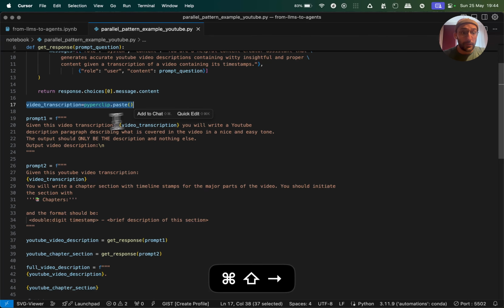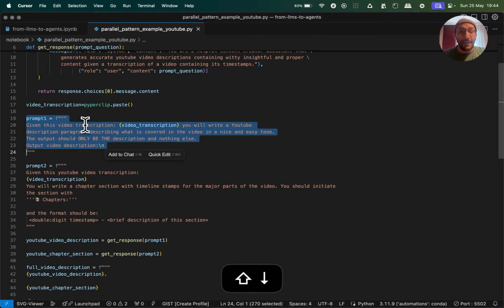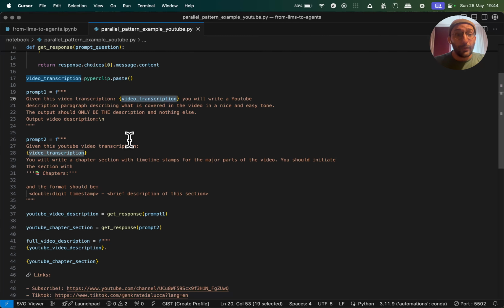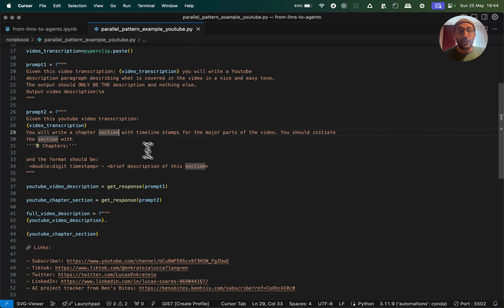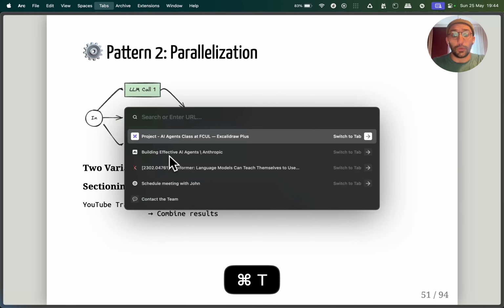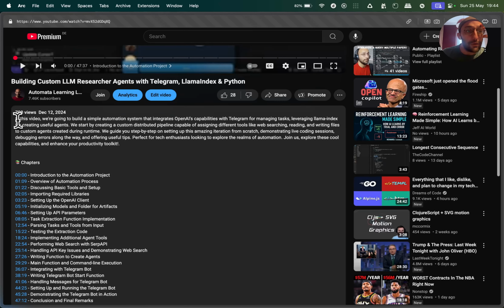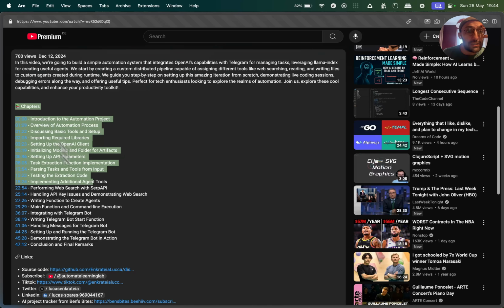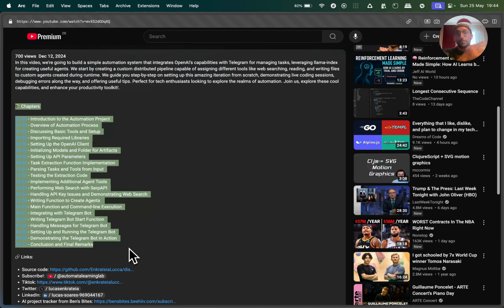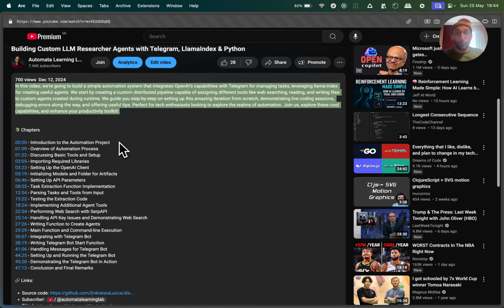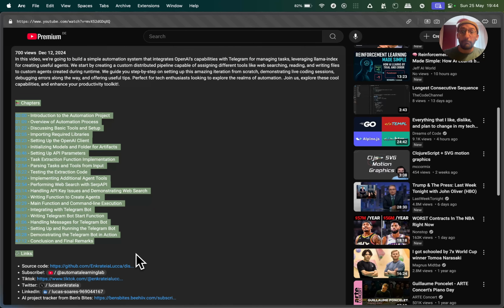It takes the input from my clipboard, and then it uses this prompt to take the video transcription containing timestamps for the video I just recorded. Like, I'm going to do this with this video that I'm going to be publishing to YouTube. And I take another prompt that's about writing the chapter section for a YouTube video. For example, if we go here to one of my YouTube videos in my channel, and I open that up, let's take whatever example. There you go. And this, folks, this little description and these chapters are generated with this parallel pattern: I generate this with one prompt, and then I generate this with another prompt, and then I put them together.